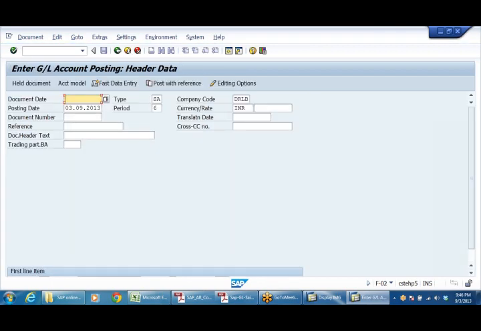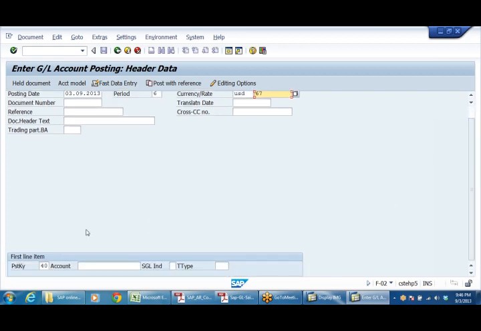And one more entry I'm posting now. I'm going to post again in USD, but here I'm telling the system, right, my finance department told me today we have purchased dollar at the rate of 67 rupees. So that's why now my table rate is showing 66. Now I want to take 67. If I'm going to take 67 here, whatever rate you take will override the table rate. In the table I have given 66, but the system will caution us.